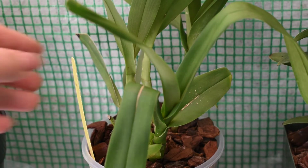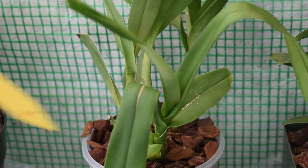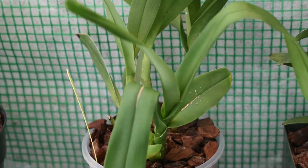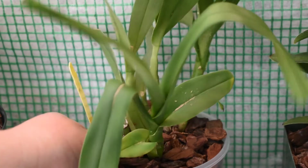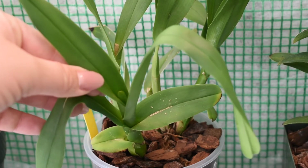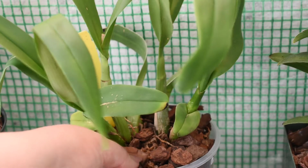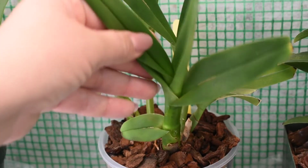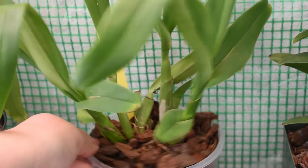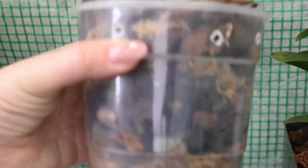This one here is the Polystachya paniculata Carmela, and this one, it was in bloom last year around December. And you guys, look at this sheath, yay! So it was in bloom, I think November, December. It lasted for like a good 2 months, and there's a second sheath coming in there. You can't really see it, it's just peeking through, but I'm very excited about my Polystachya. Let me tell you guys,